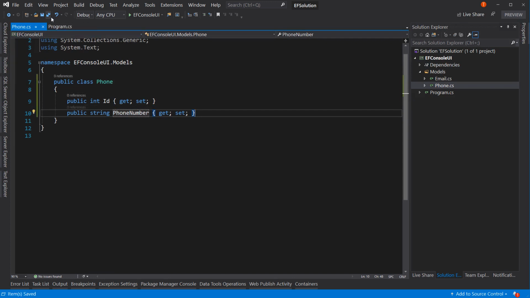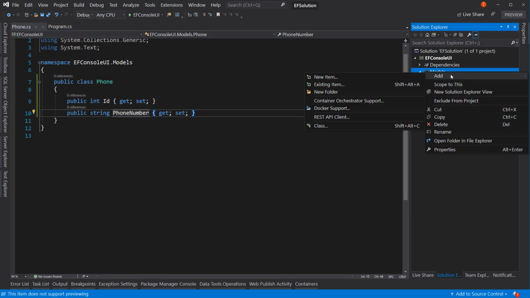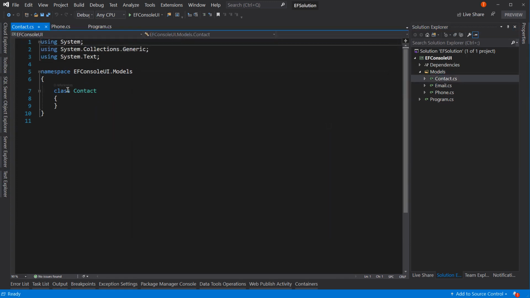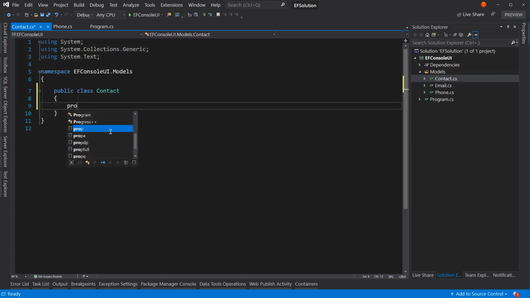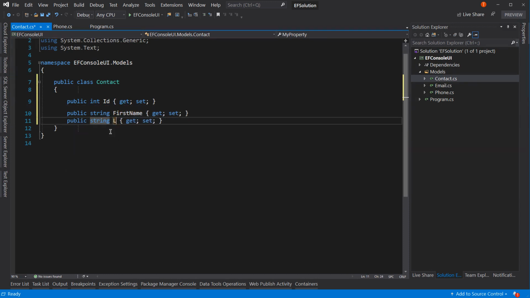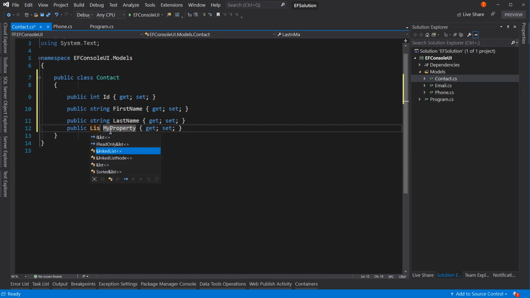Now that we have those two, we can create a contact model. So contact, make it public, and we'll have an ID, and we'll have a first name, and we'll have a last name, and we'll have a list of